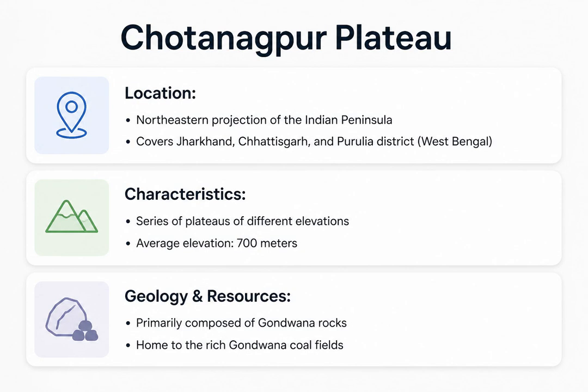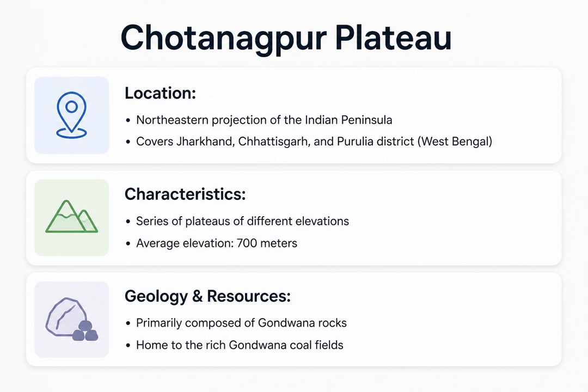Continuing east, we reach the Chota Nagpur Plateau, which forms the northeastern projection of the Indian peninsula. It spans across Jharkhand, Chhattisgarh, and the Purulia district of West Bengal. Rather than a single flat surface, it is actually a series of step-like plateaus, averaging 700 meters in elevation. Geologically, it is incredibly significant because it is primarily composed of ancient Gondwana rocks, which house India's massive and economically